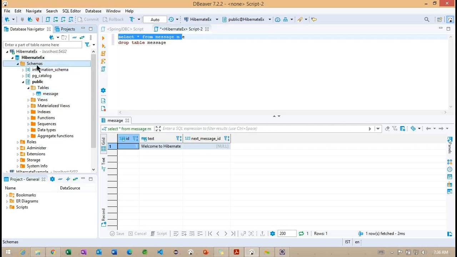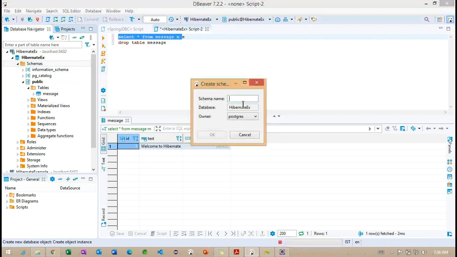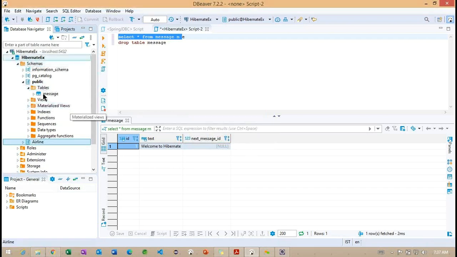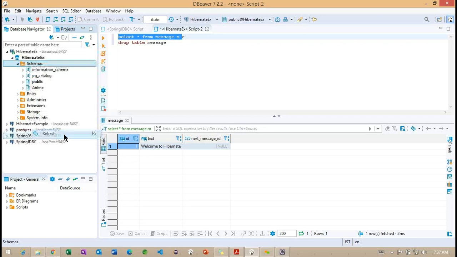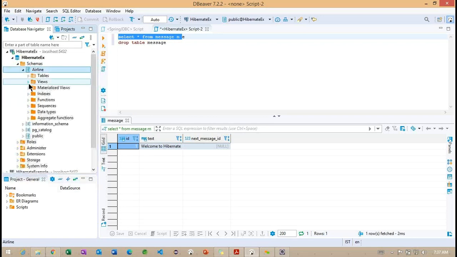So we'll try to create one more schema. Create a new schema here, something called airline. Let me refresh here. So here we have the airline. Every time this schema is not going to be created, because in a real-time application we are going to create more than one table, and for each and every table we would have to create it one more time.